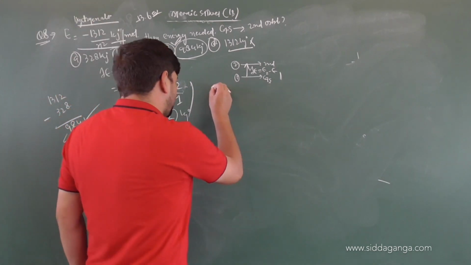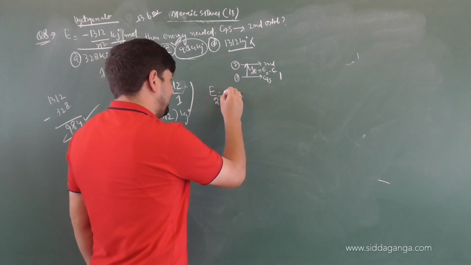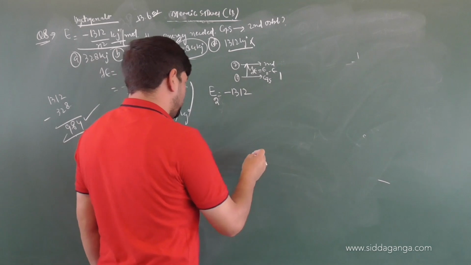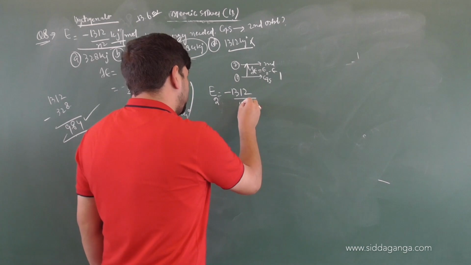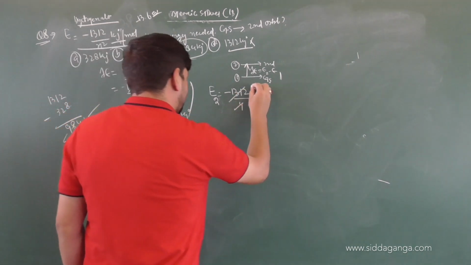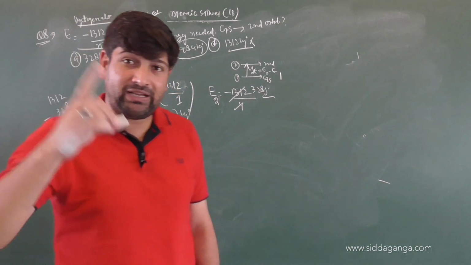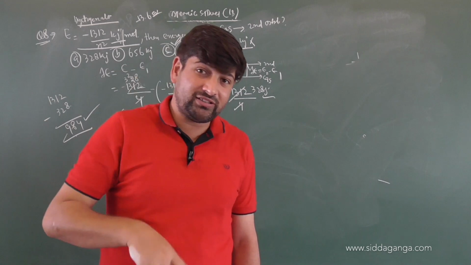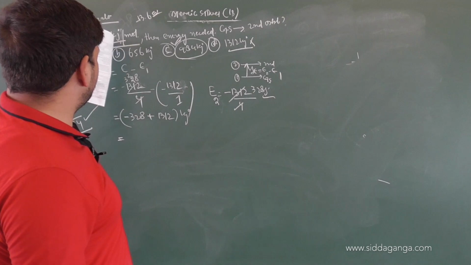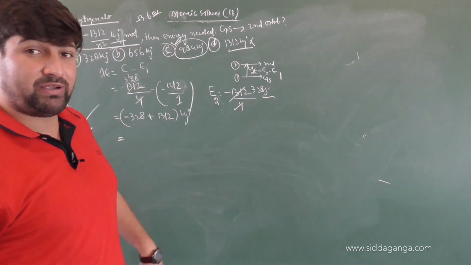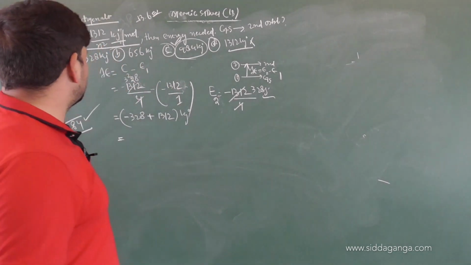So children, the amount of energy associated with the excited state will be the energy of that second shell, that will be minus 1312 divided by 2 square, that is 4. So we got the value 328 kilojoules. So with respect to that particular shell where the electron has been excited, it is 328. But the energy difference between the two, because already in the first state the energy is given by minus 1312, in the next state the energy difference will be varying. Am I clear? Then the correct option will be 328, and that's also one of the options mentioned to you here.